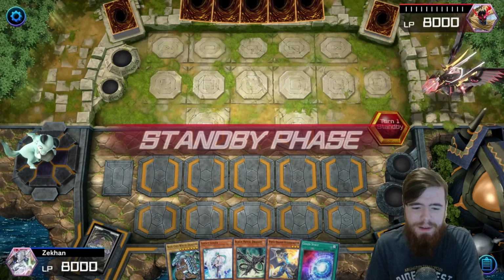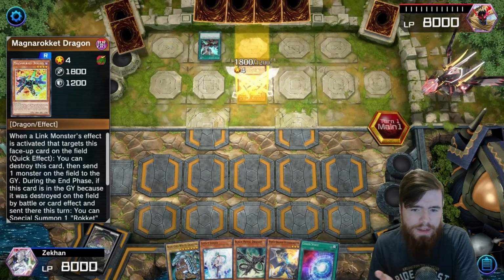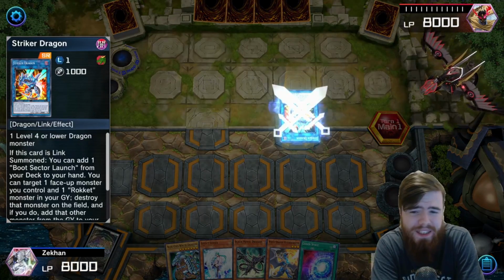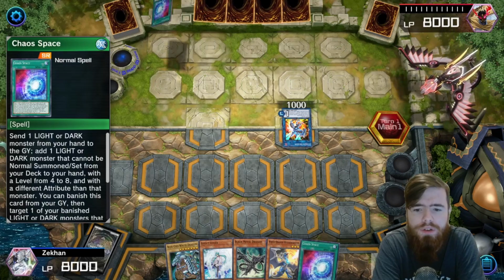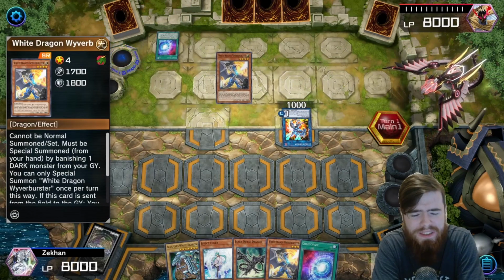Alrighty, getting into game 1, and you can see a Blue Eyes White Dragon in the hand here. We're going to explain that at the end. We're going to treat ourselves to a mirror match to start off, so you're going to be seeing the main combos twice. So our opponent's going to use their Quick Launch to go into the Striker Dragon, Chaos Space as